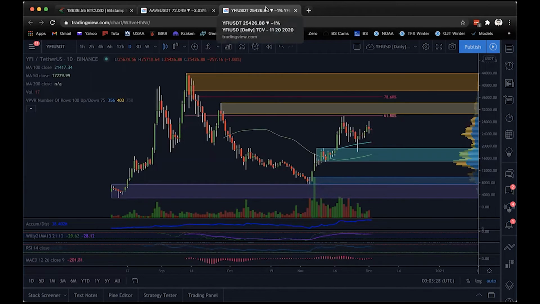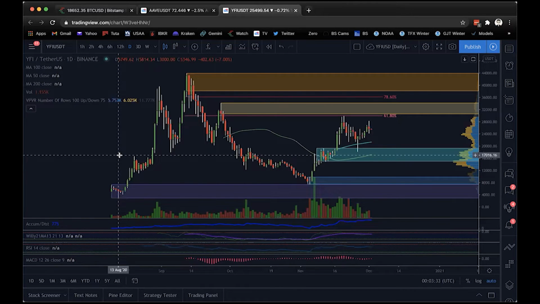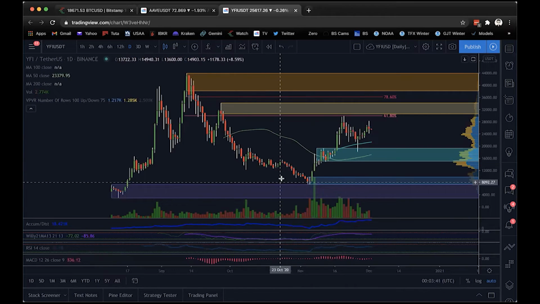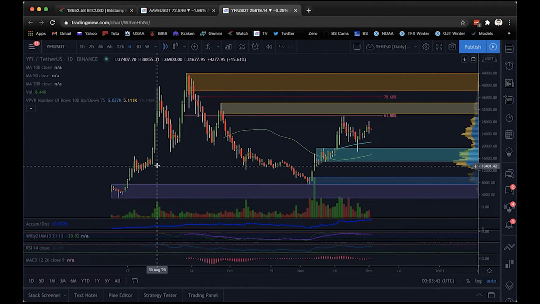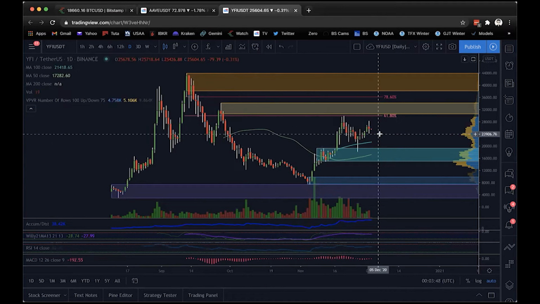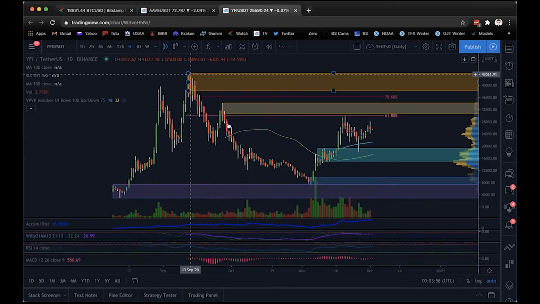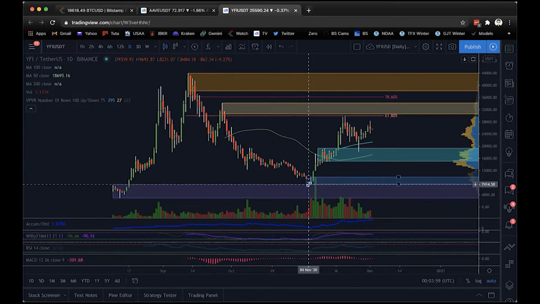Yearn.finance has been one of the most widely watched and traded DeFi projects since this thing got going in the spring. You can see it's been highly volatile, like any new project, as valuation is just starting to take place. But boy, the technicals look really good. We had this massive top coming off the launch, almost a full retracement, all the way back down into key support.